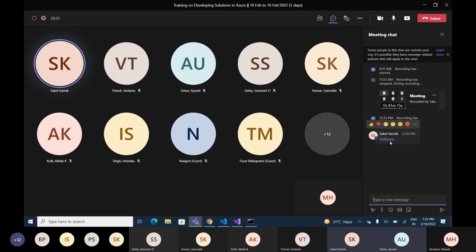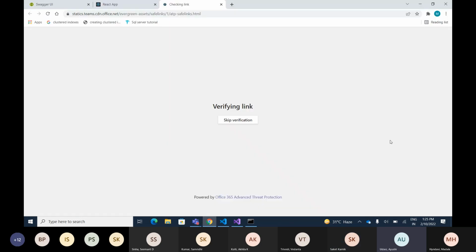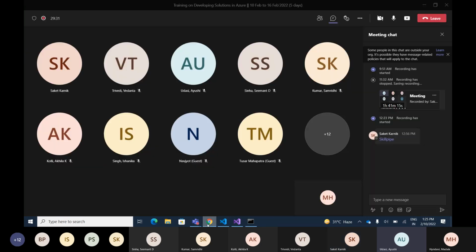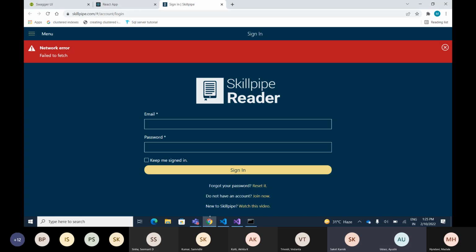You have already created the login, right? So you just need to log in with that first. Why is it showing network error? Are you on some VPN or something? Just check if VPN is enabled, you have to disable that.